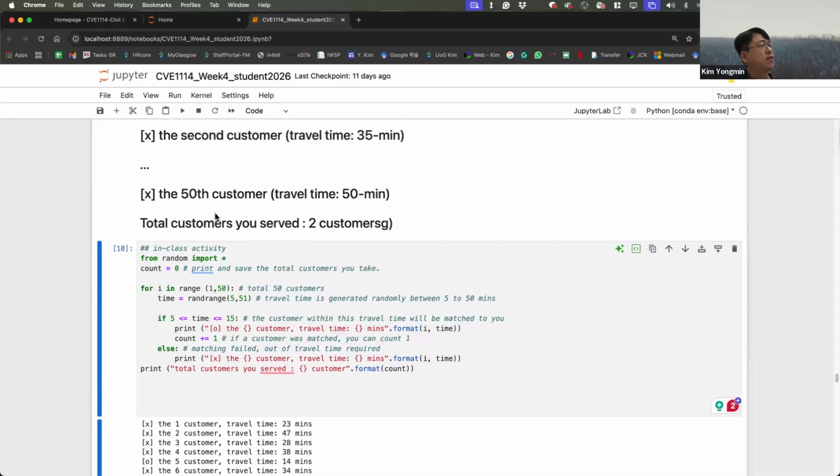We used random, and I also used for, and I also used if. It means that if you are able to utilize for loops, while loops, and if statements, you are able to handle any condition of a program.